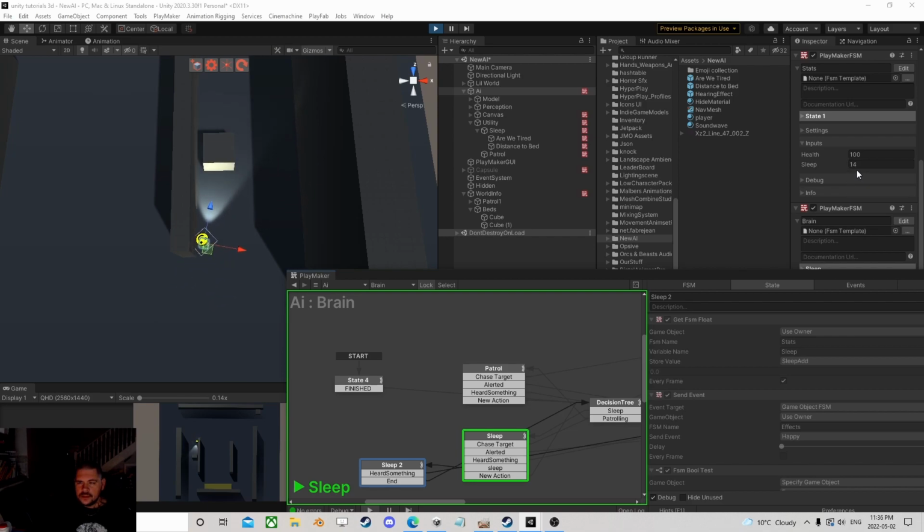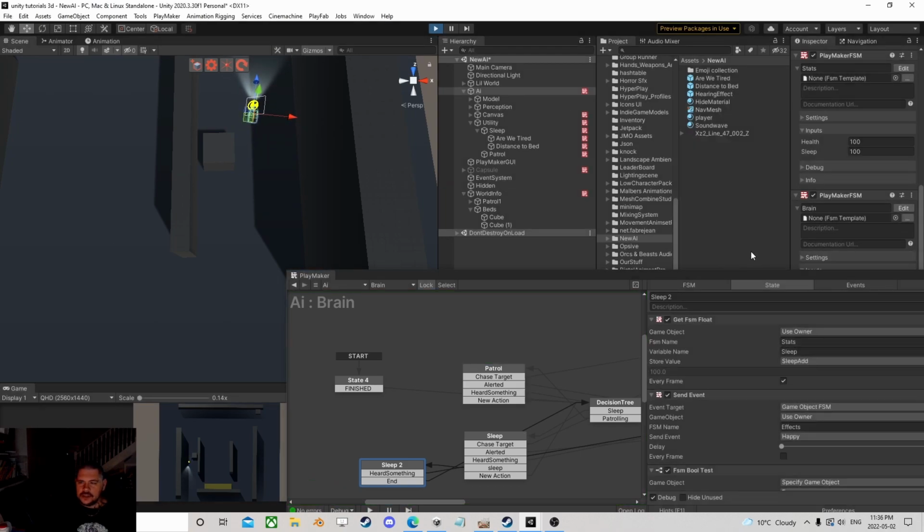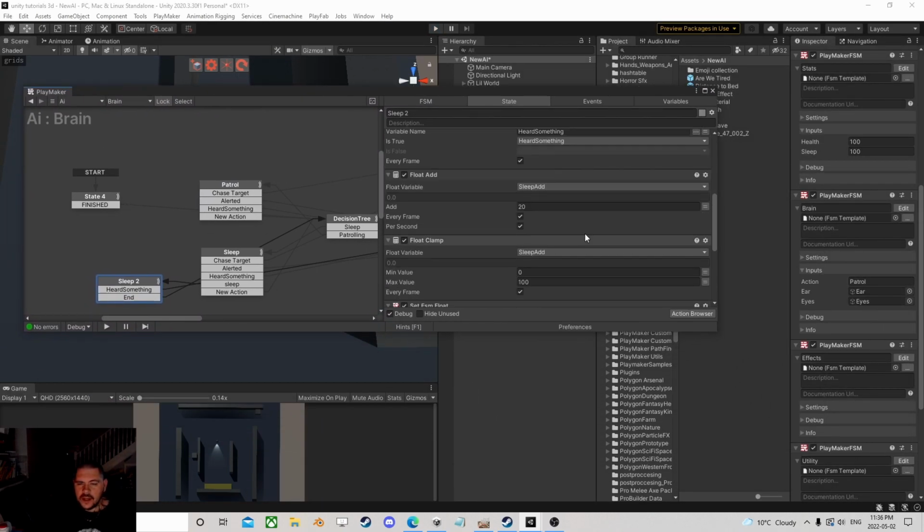So he is going there. Sleep is still, of course, dropping. That's something we should probably clamp. And now it's filling. And this still has that drop effect going at the same time. Just keep that in mind. But off he goes, right? And he'll just run around now. So that's working fine, right? There's nothing